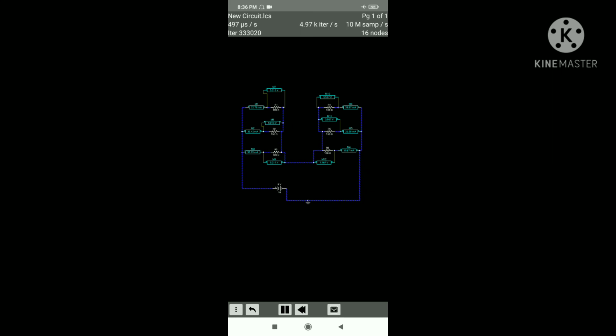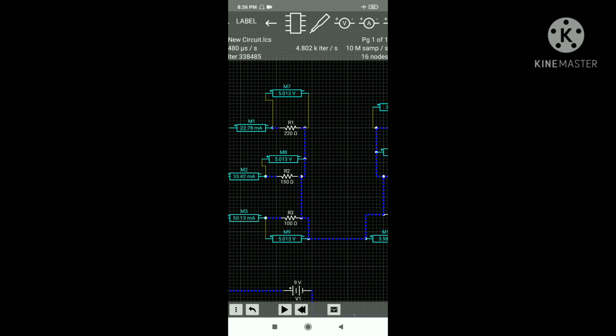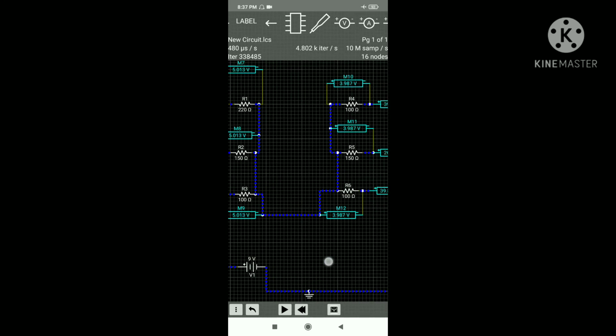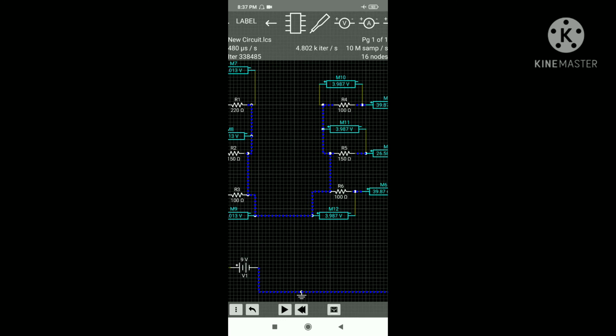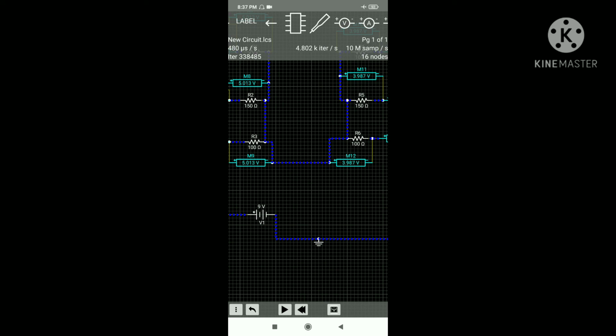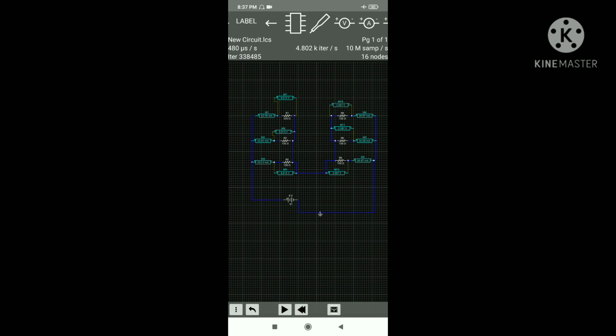See here, we have stopped the simulator, and see here across the branch AB the voltage across each resistor is 5.013 volt, and for this branch BC it is 3.9847 volt in each meter. If I add the 5.013 volt and the 3.987 volt, then its addition is 9 volt. That means here also the KVL is proved, or you can say that the voltage across each resistor is the same in a parallel network.